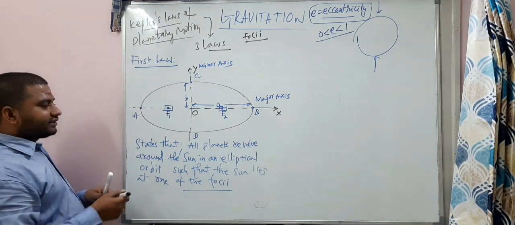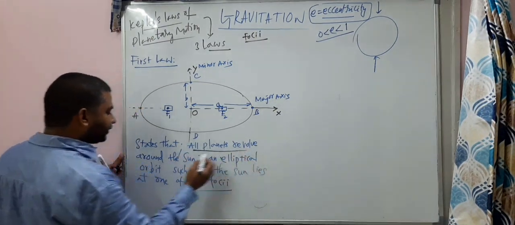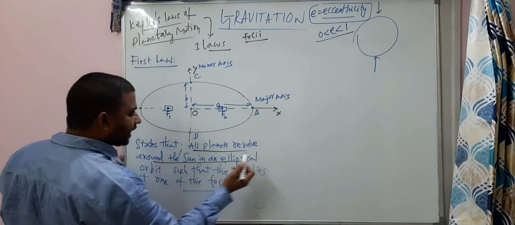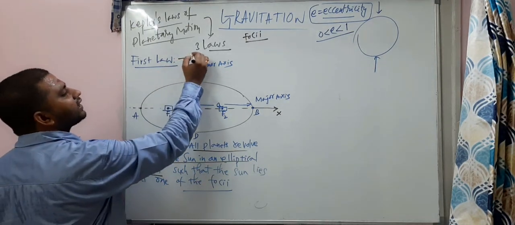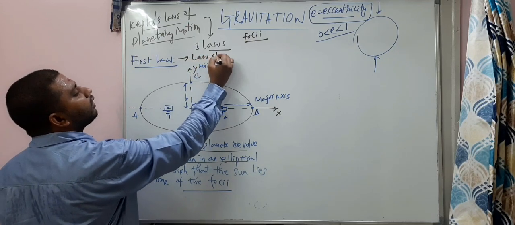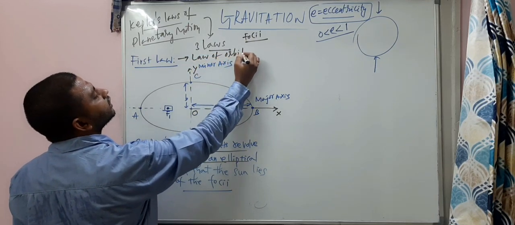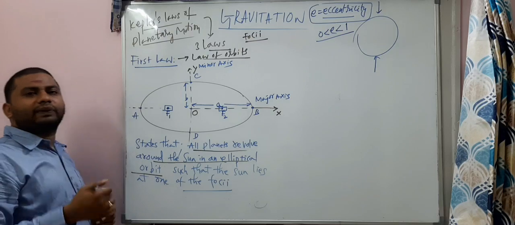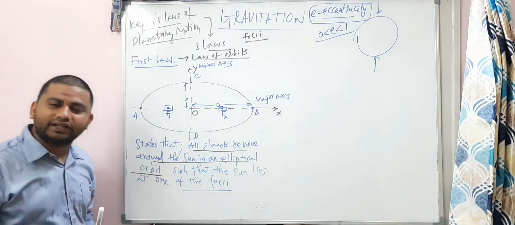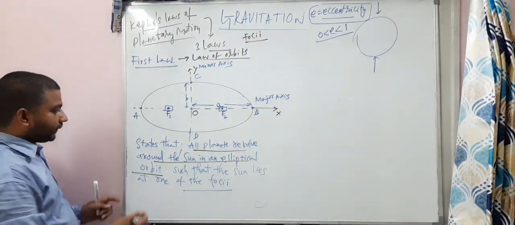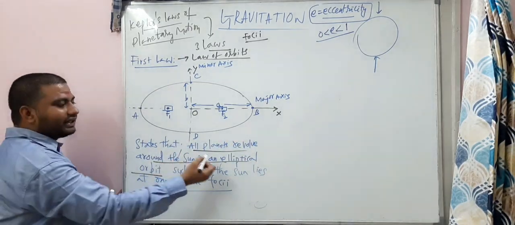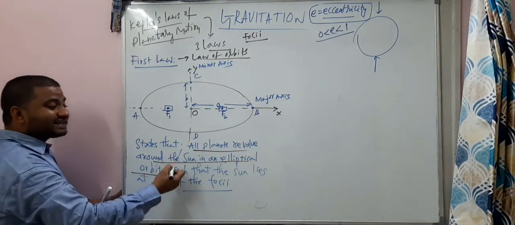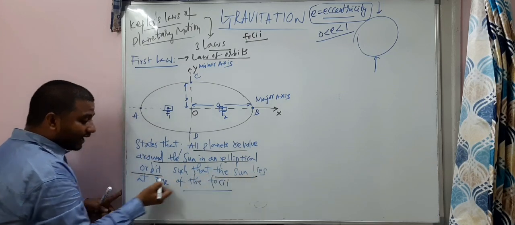Kepler's first law states that all the planets are revolving around the sun in an elliptical orbit. The first law is called the law of orbits because it is talking about the orbits, how the planets will be revolving around the sun. It states that all planets revolve around the sun in an elliptical orbit such that the sun lies at